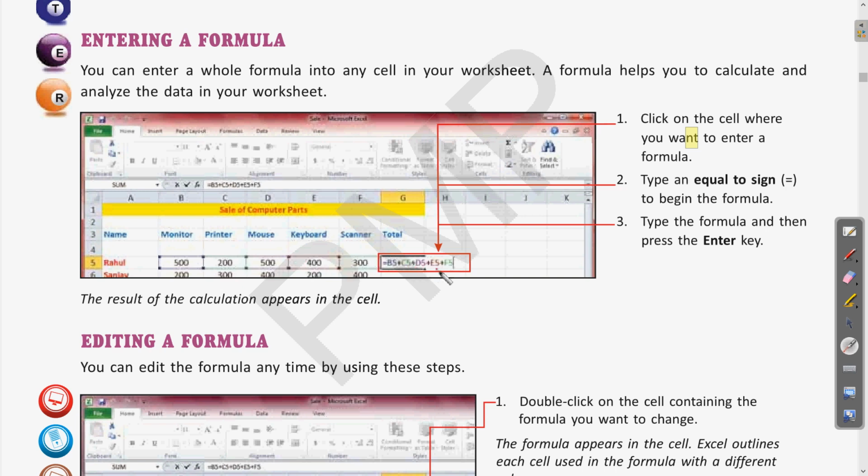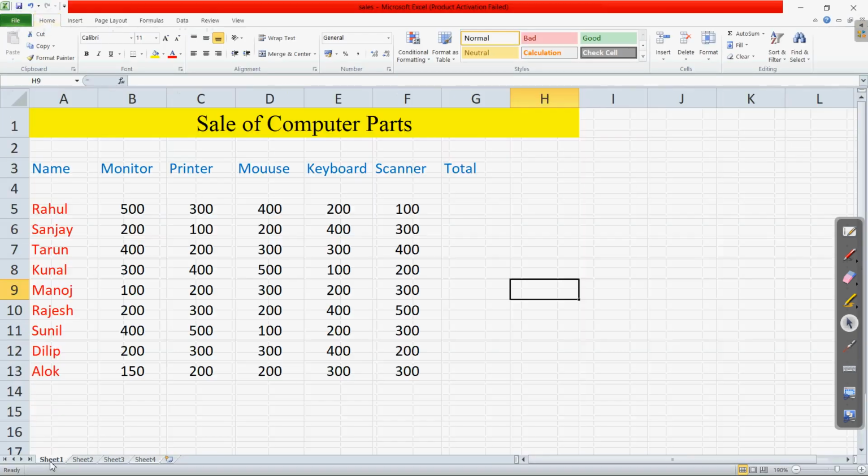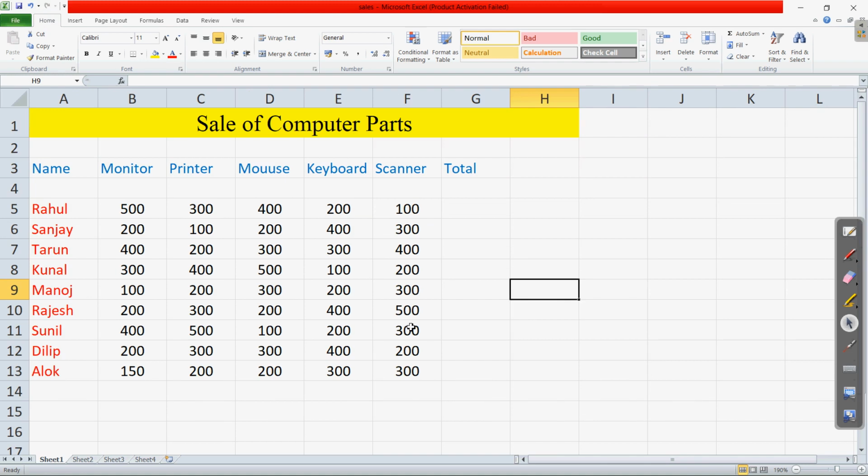Let us try this very example in the software as well. Here I have written similar data about the sales of computer parts, with different computer items, and we will see how to find the total of that. Various other things we will also see.